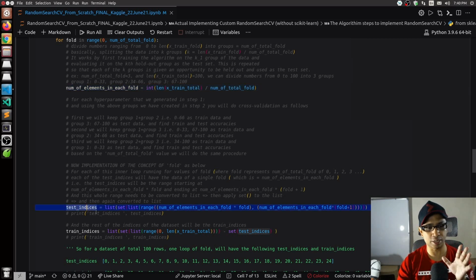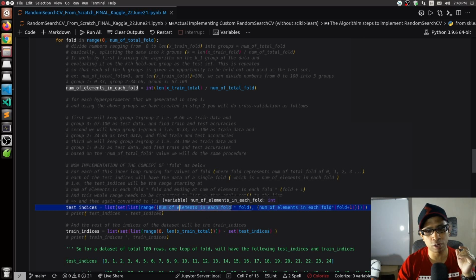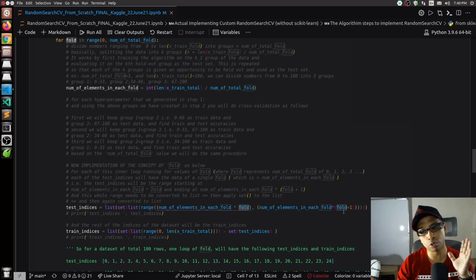The test indices variable will hold only the indices of the test set, that is, a single set out of all the k different sets of the data. So test indices is simply a group of data starting at the start of one group and ending at the start of the next group. That's the number of elements in each fold multiplied by the fold number. This is the starting point, and the ending point is the number of elements in each fold multiplied by fold